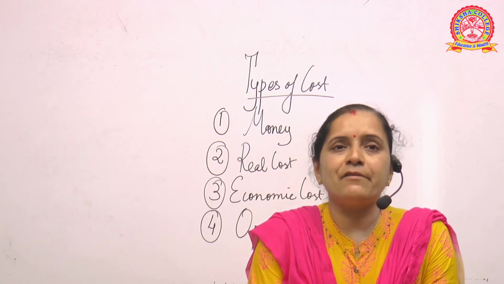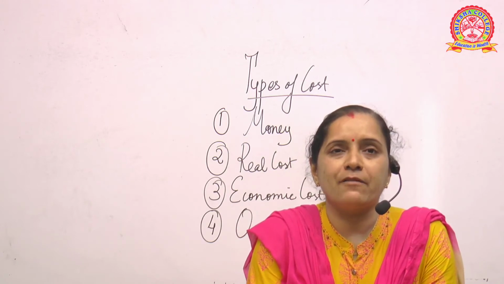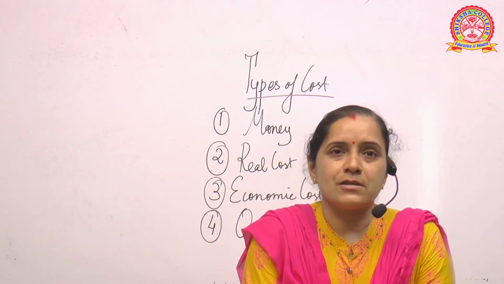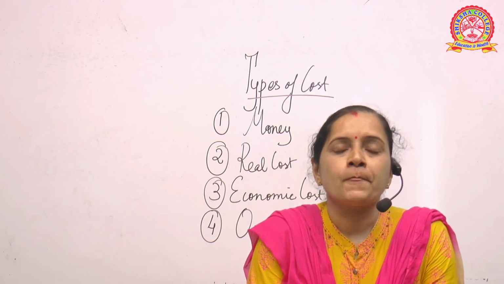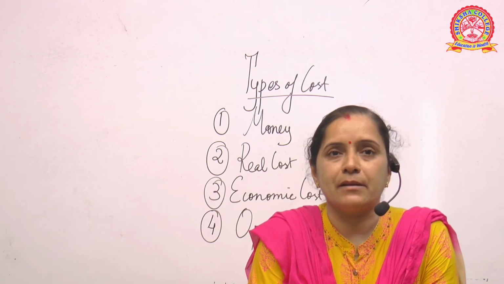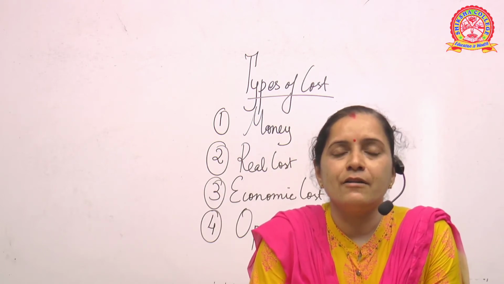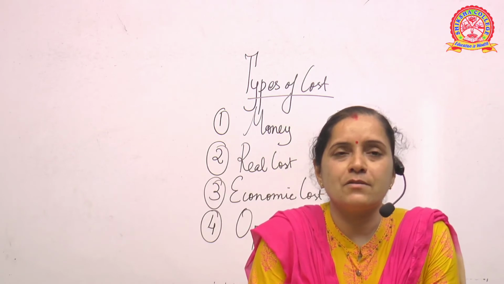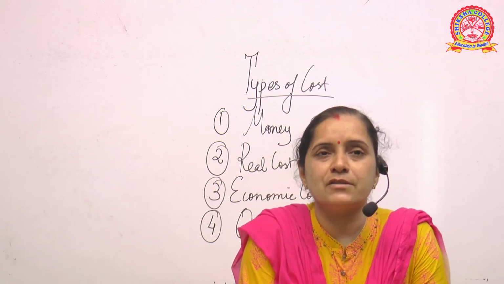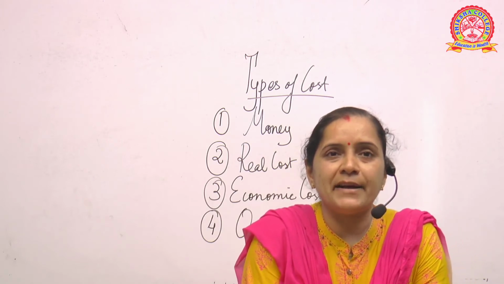Like for example, I would like to ask you how much you expend, what is your total cost per month, how much money you are spending per month. Now you may say that my total cost may be 10,000 rupees. How? 5,000 is your house rent, 2,000 is for grocery, another 2,000 is for your other necessities, another 1,000 is your petrol. So like this we divide that cost.